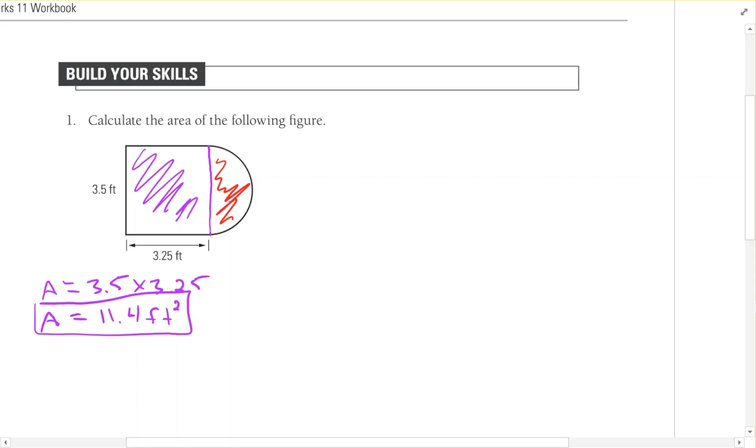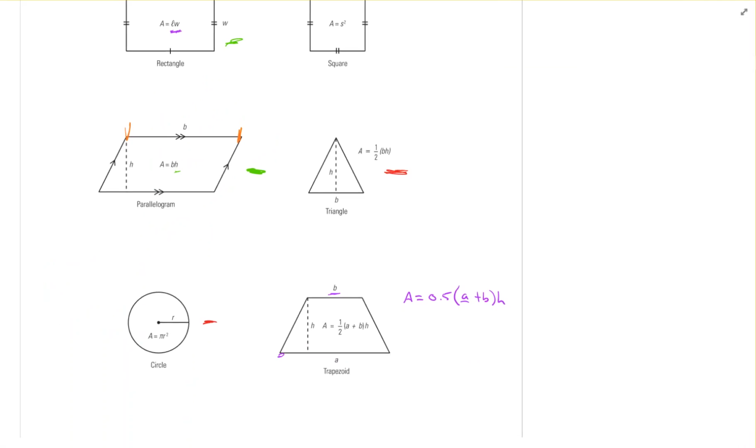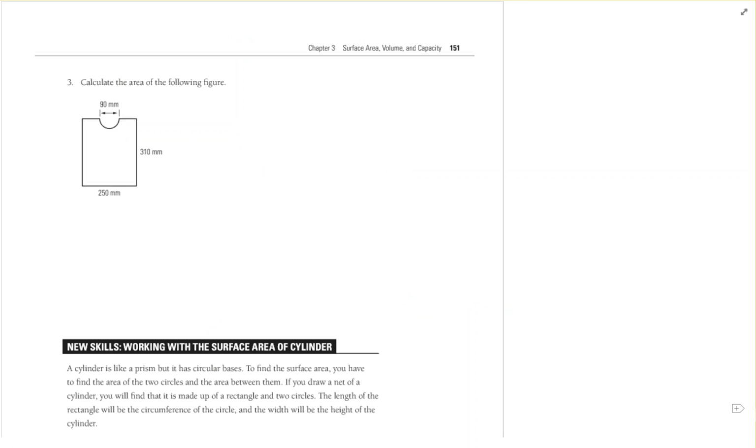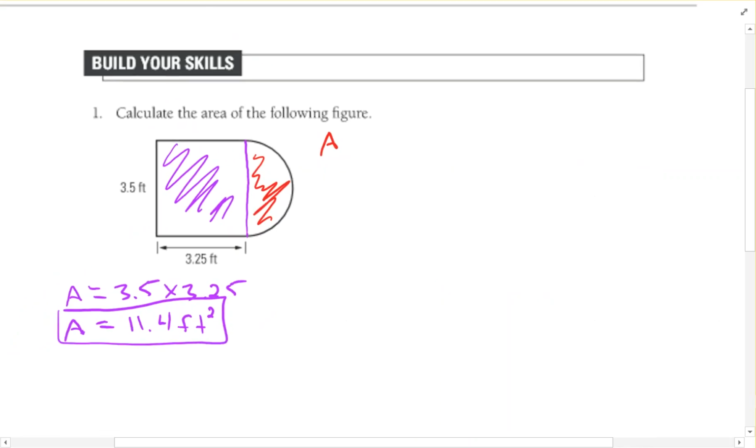And then we're going to figure out the surface area of this half of a circle. So in order to do that, we just need to figure out what's the formula for a circle. So go back to your formula sheet. For a circle it was just pi r squared. So area of a circle is equal to pi r squared, but we only want half of this circle, right? That's all we have here. So then what you can do is just divide the whole thing by 2. You could put it in a formula like this. You could have also just gone pi r squared, figured out a number, and then divided that number by 2. Same thing, right? I'm going to put it in the formula like this, but however you like to do it,